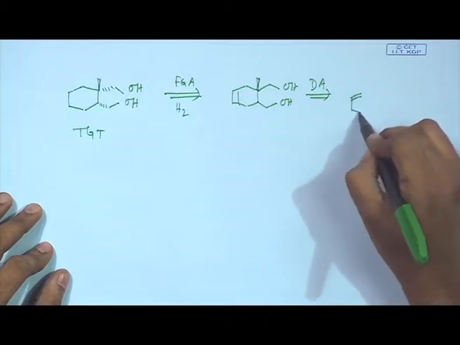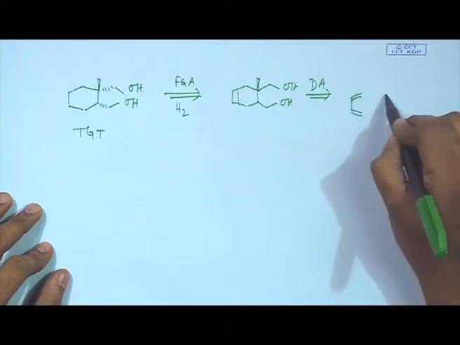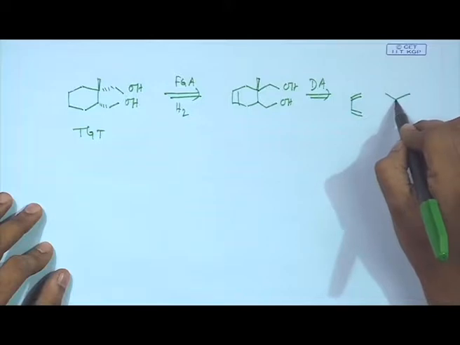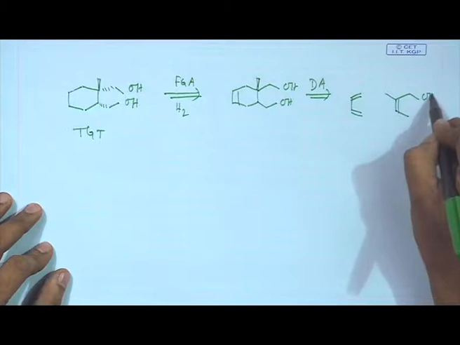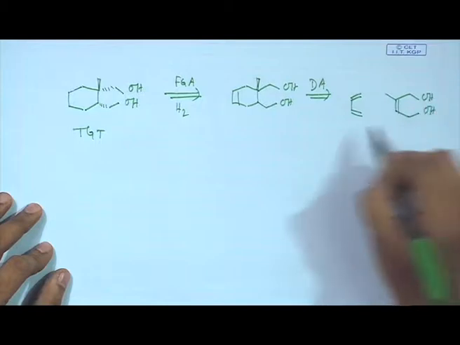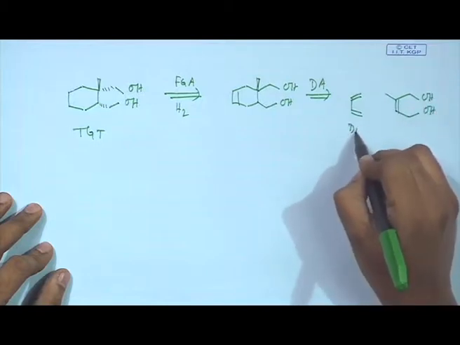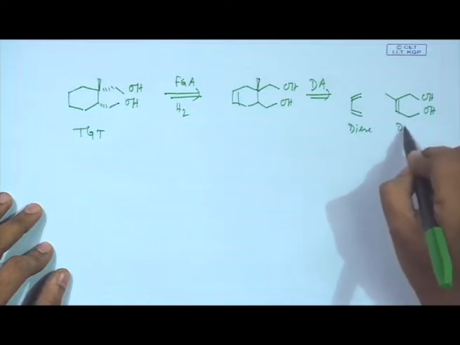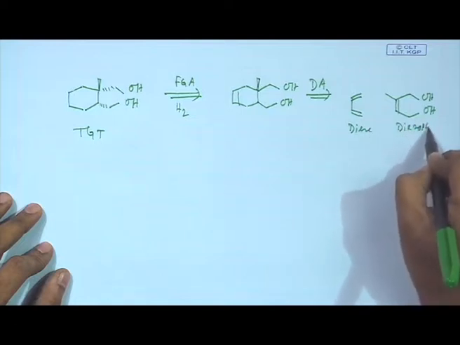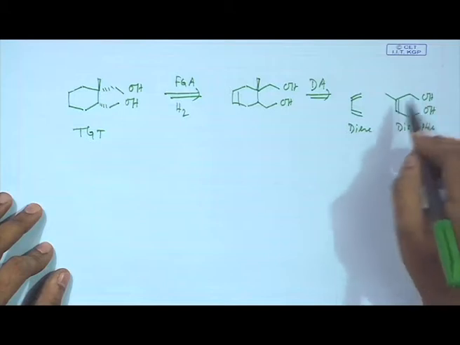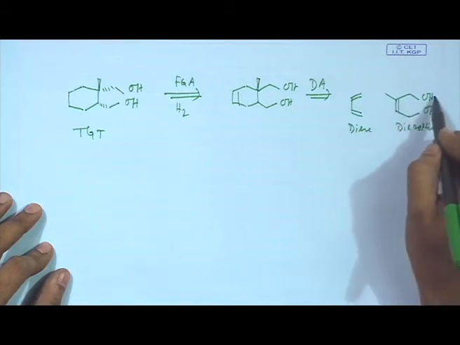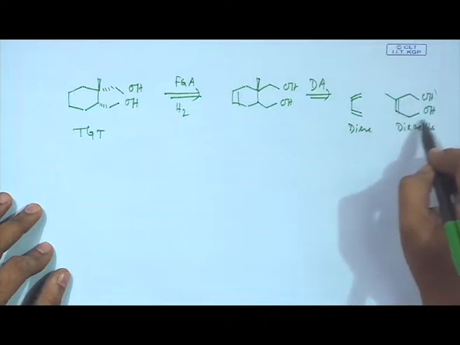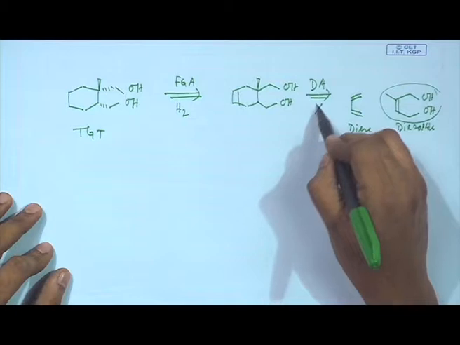Now, let us see if it is feasible or not. I say we will be doing a Diels-Alder reaction by using this diene and this dienophile. Now, this compound as a dienophile probably is not a good choice, because this compound does not have an electron withdrawing group. We say dienophiles will always be better if you have an electron withdrawing group attached to it. So, this route might not be feasible.